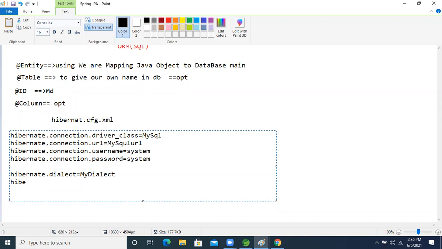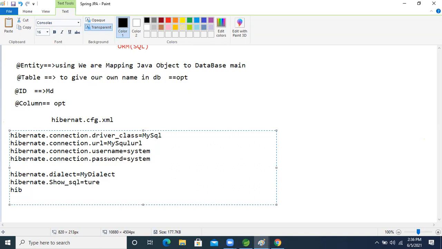After that, hibernate.show_sql. This is false by default, so we need to make it true.